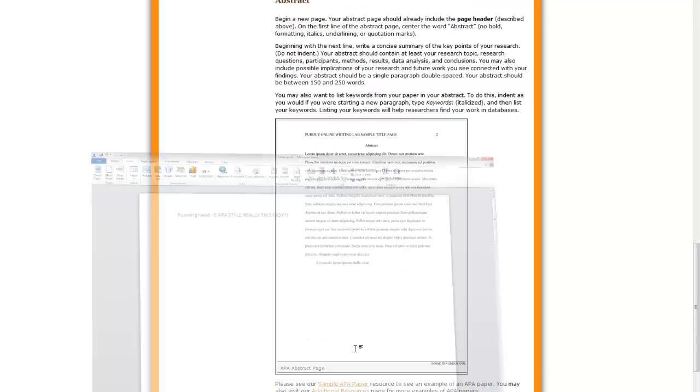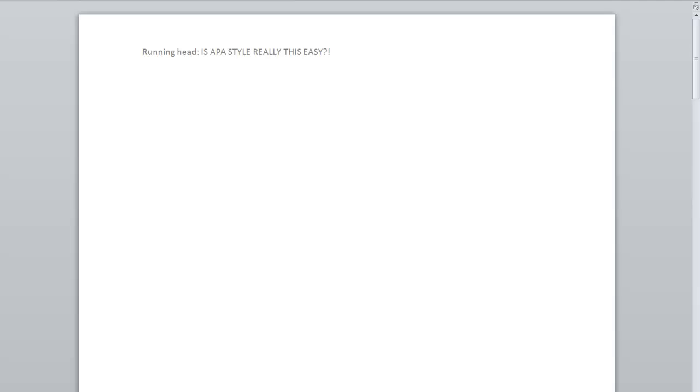So we'll open up a Word document here. Let me go back. Create a blank document. Alright, so if you just open a Word document, this is Word 2010, so if you have Word 2003 or 2007, it might be slightly different. You're still going to have a tab or the word insert followed by a page number option. Okay, and so here's the page number, and we're going to do that first. And if for whatever reason your instructor tells you that you don't want to use a page number on the first page, just type header,